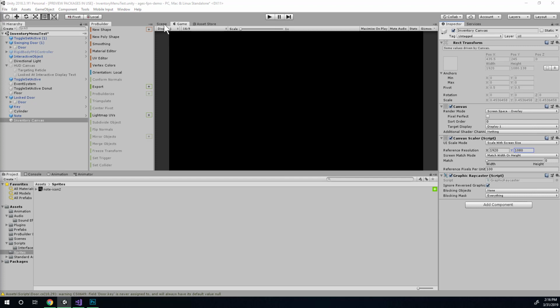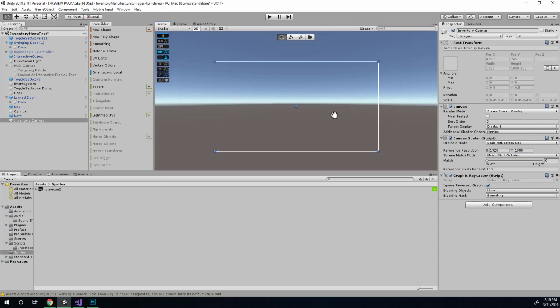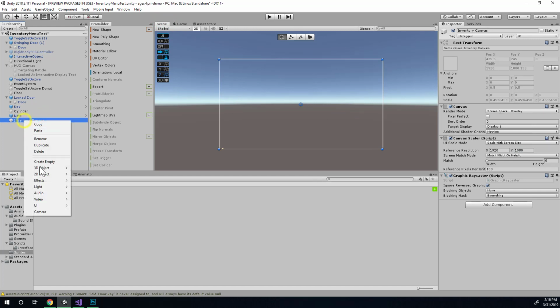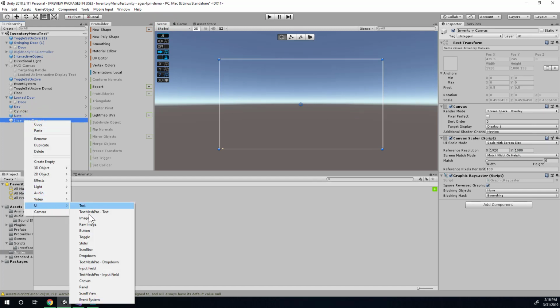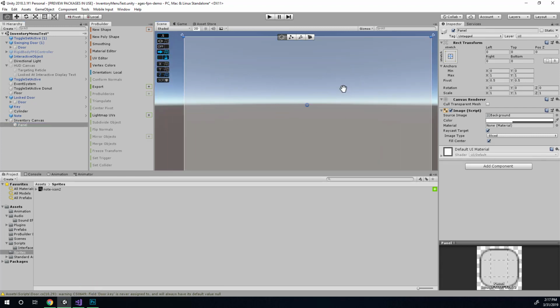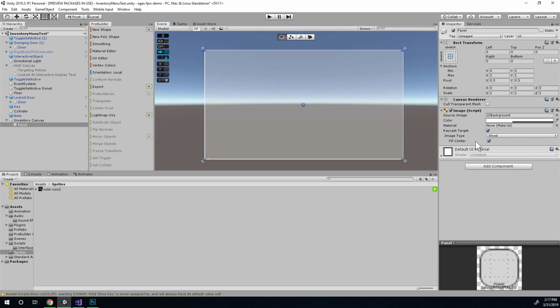So now that I've got my scaler set up and I've got my canvas, I'm going to add a panel. I right click on my canvas so I know where this new thing is coming in. A panel is just like a big rectangle that we can put more UI elements on. And by default, it does have a visual representation. It's this